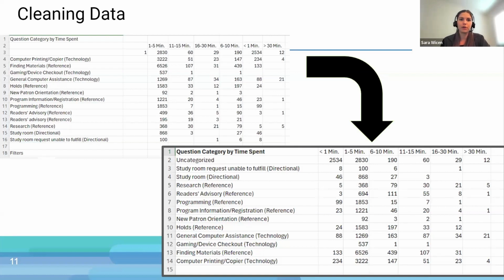It goes from 1 to 5 minutes, and then 11 to 15, 16 to 30, and back down to 6 to 10. And we've got the less than 1 minute and greater than 30 minutes across the top. And so my brain needs to reorder those in order to feel like I can start working with this data.